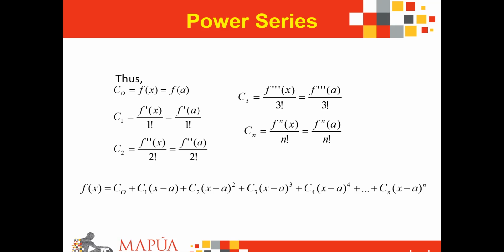Thus, when substituted onto your given expanded version of your power series, substituting each constant then gives us